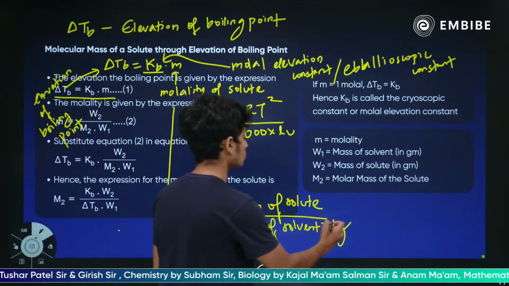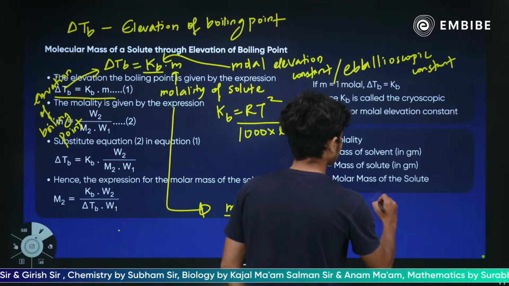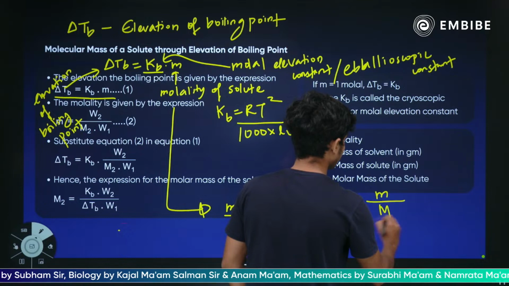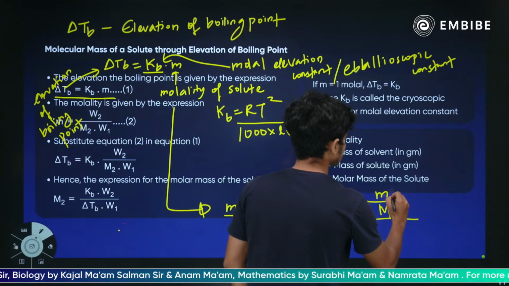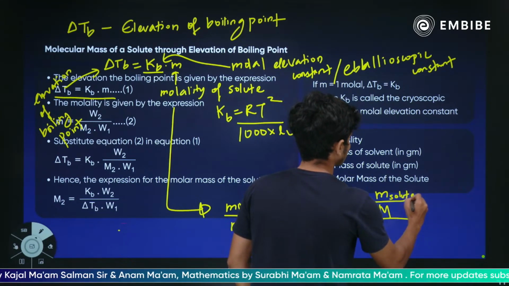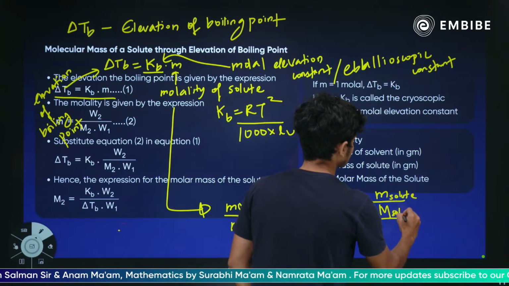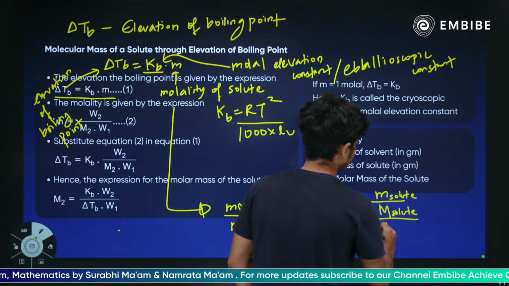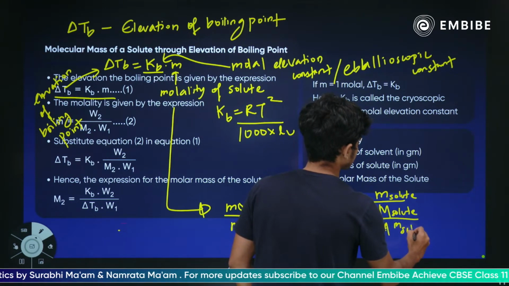तो आप मोल्स ऑफ सोल्यूट से निकाल सकते हो एक्चुअली। ये जो मोल्स ऑफ सोल्यूट है वो क्या है, मास ऑफ सोल्यूट बाय मोलर मास ऑफ सोल्यूट, डिवाइडेड बाय मास ऑफ सॉल्वेंट इन केजी।